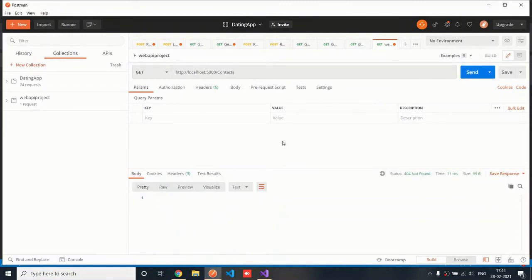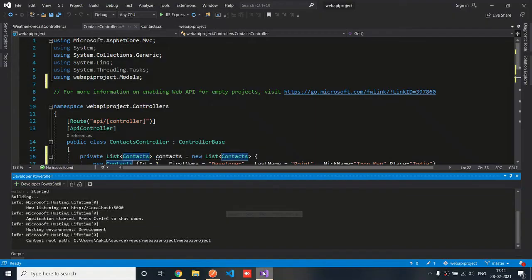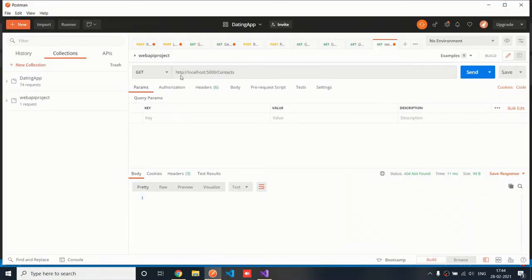As you can see here, no data has been provided in the result. It's because of a mistake I made, so we'll be going back to Visual Studio to show what we have done. I have done that wantedly. Here we can see that the route is API/controller, but in Postman the URL we have provided is HTTP localhost 5000/contacts. So it's not going to work this way. So we'll be adding API/contacts to this controller,